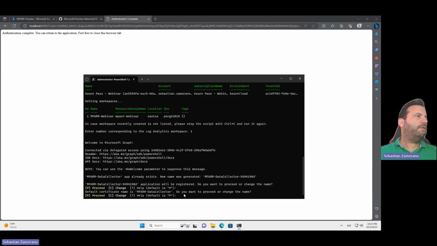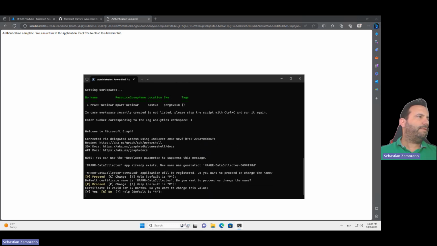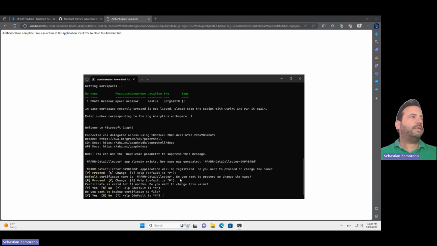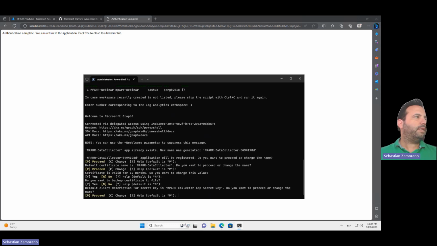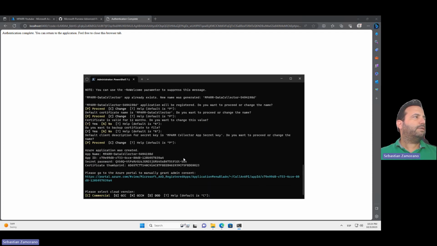You can change the name of the application. You can change the name of the certificate. You can change the time for the certificate for the application. And let's go. We will discuss the new features that were added today, some of them related to creating the task on Task Scheduler for the rest of the supporting scripts. I will not back up the certificate right now. This is all by default. Right now, my LA config file is created